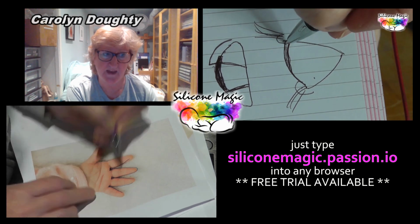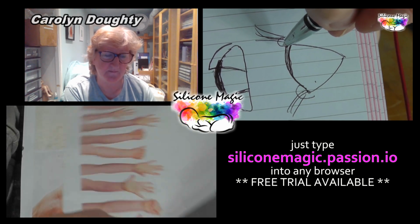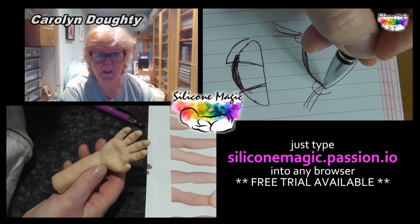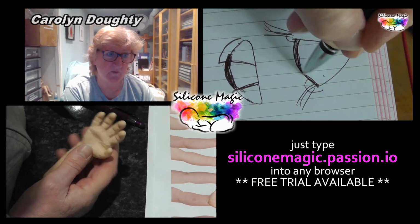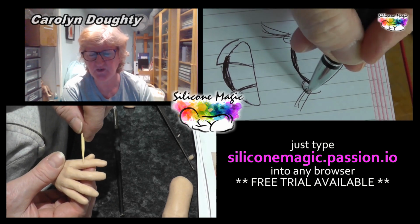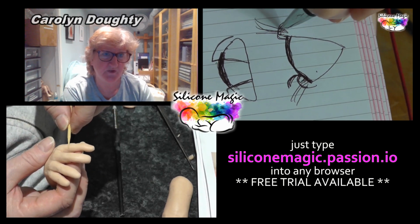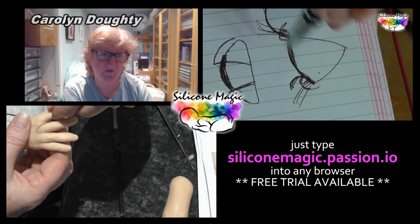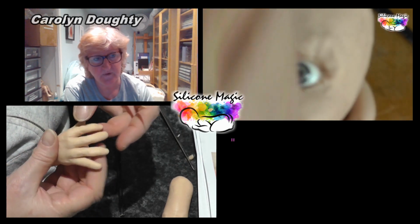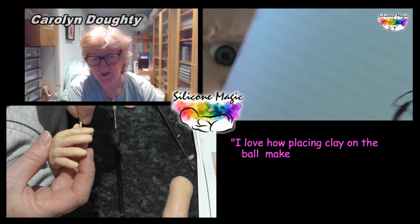The videos are all on there, but for all of the videos there are also going to be video cheat sheets, so that once you've watched the video a couple of times, you might not want to necessarily sit and watch the video while you're working. You might want just a reminder of what you're doing as you're doing it. So you can print out the cheat sheets, the video notes, which are pictorial, so that there's screenshots from the videos and information and measurements and things like that. You'll also be given a list of things that you need,